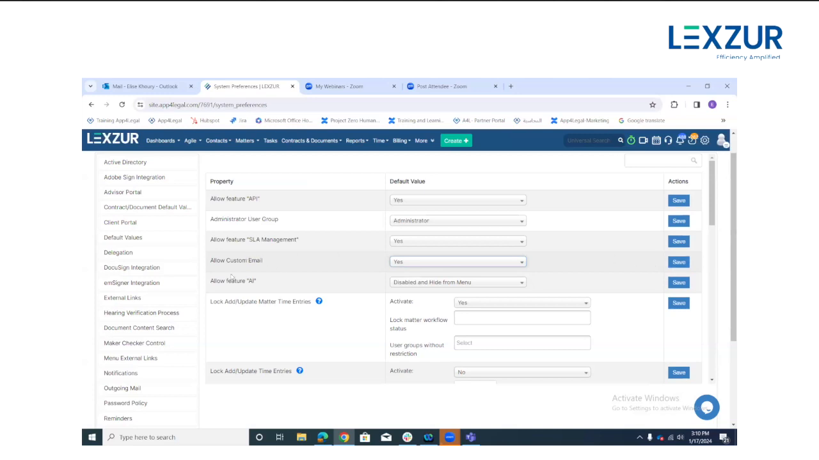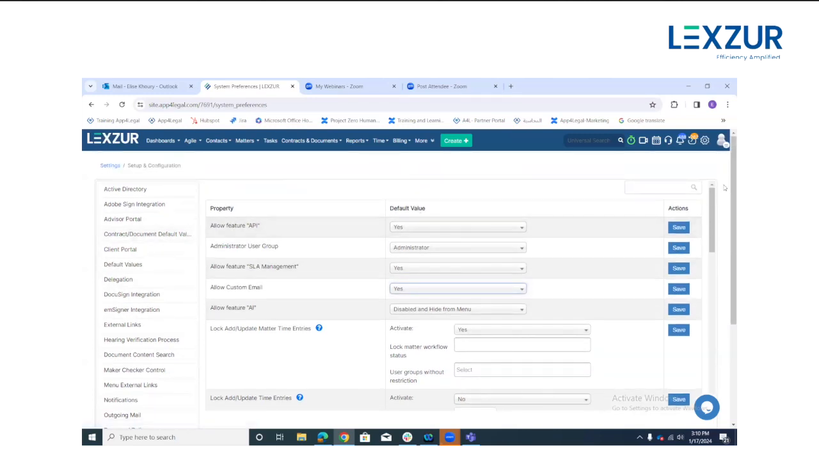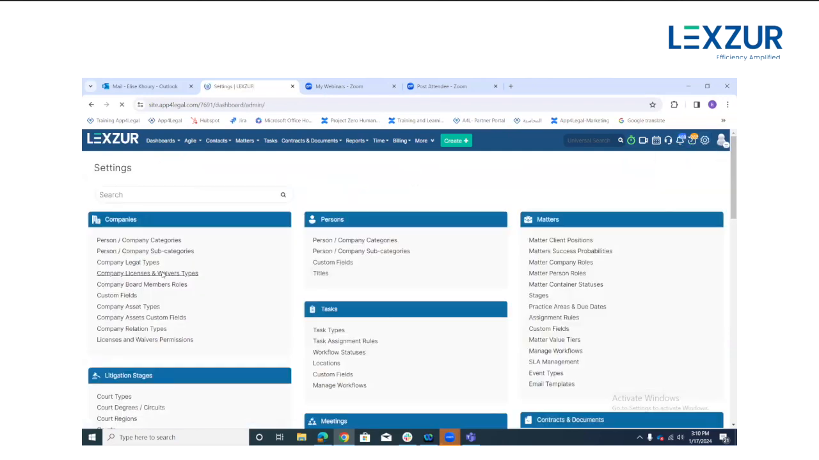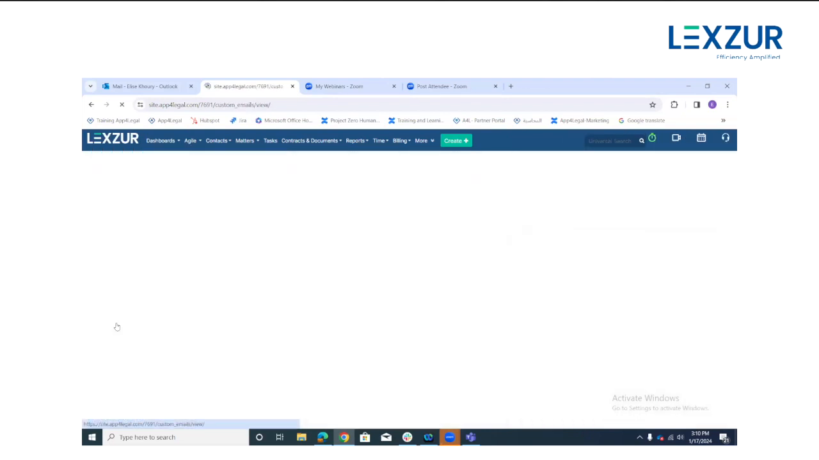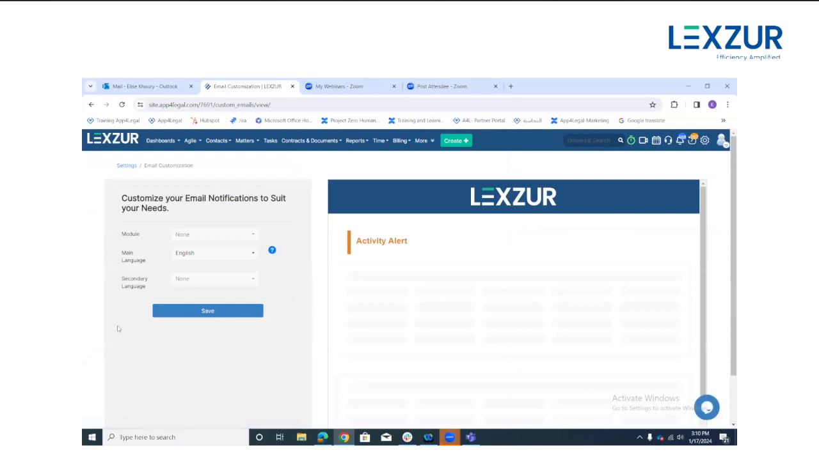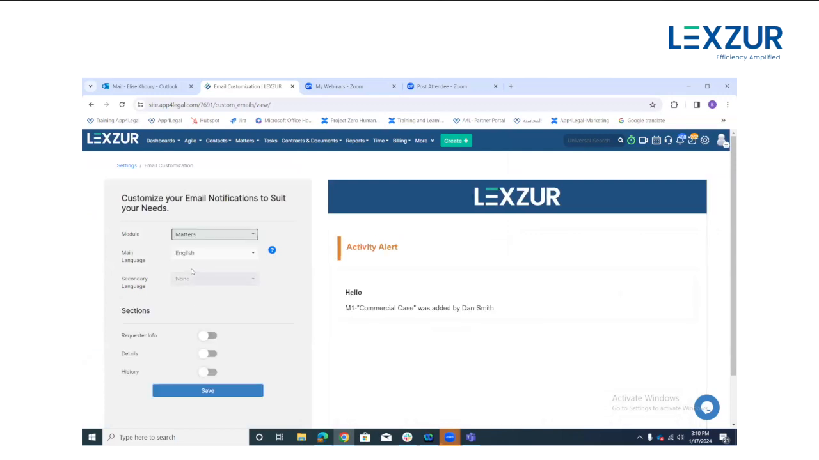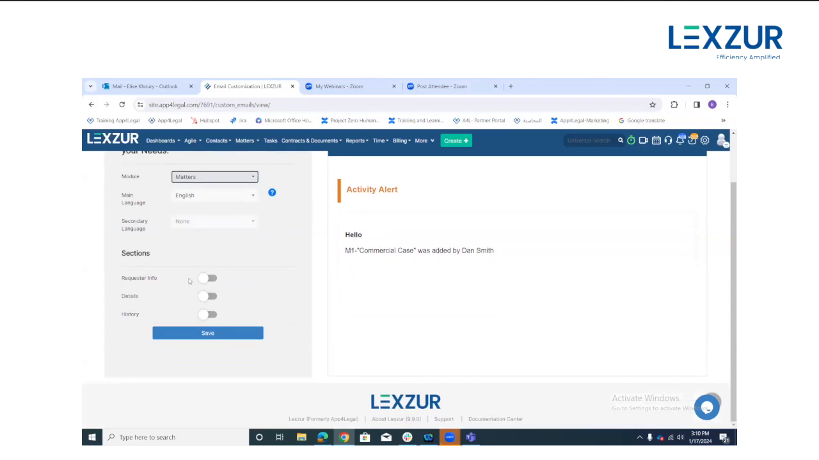Whenever you allow the custom email in your system, if I go back now to the system settings of the application and scroll down, under the system preferences you now have the email customization, where you can customize your email notification to suit your needs. Now I can specify the module. Let's say I would like to customize the email related to the matters. I can specify the main language, and if you'd like to have a secondary language on your email. What are the sections that should appear